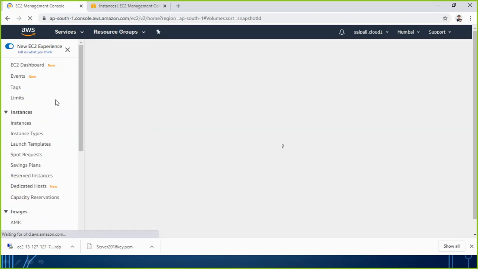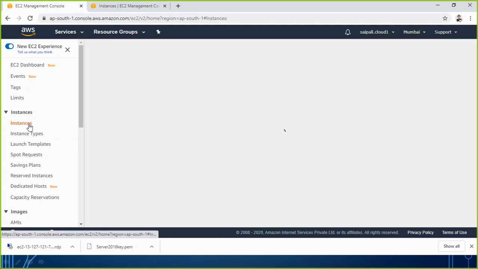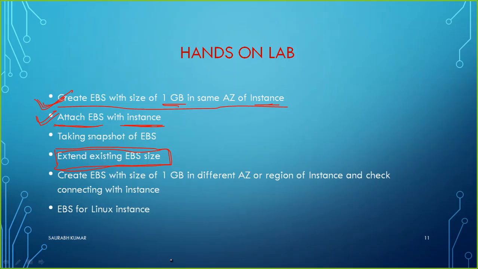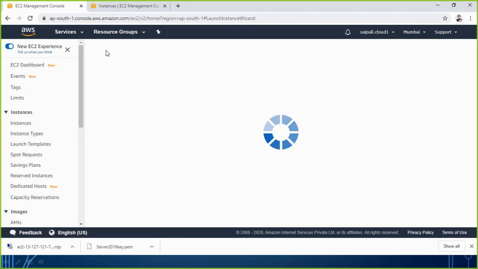Meanwhile, let's create one more EC2 instance. So let's go to instance. Let's make a Linux instance because our one practical is also EBS for a Linux instance. So the steps are exactly going to be the same. No difference will be there. So if you launch a new instance,